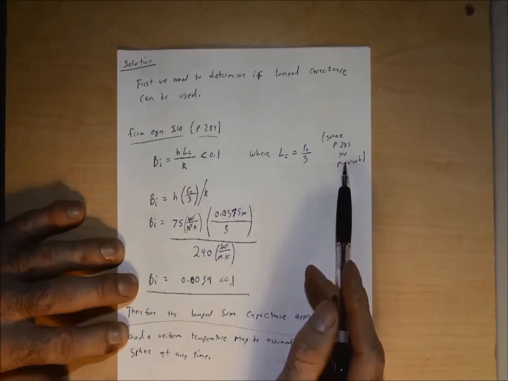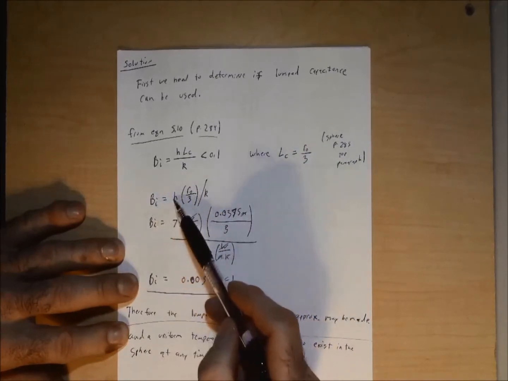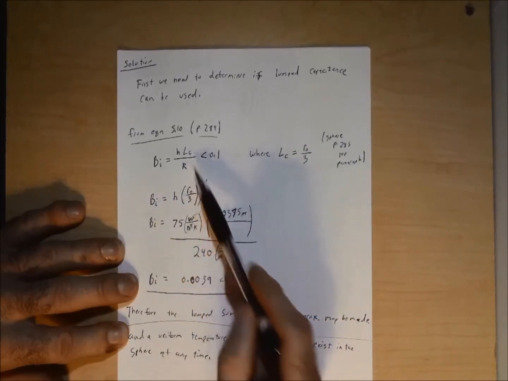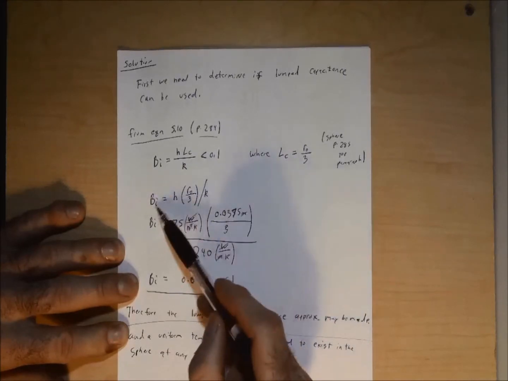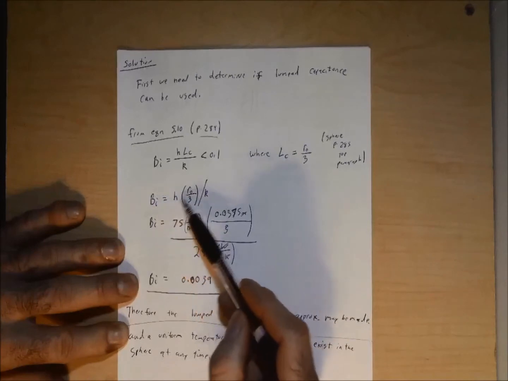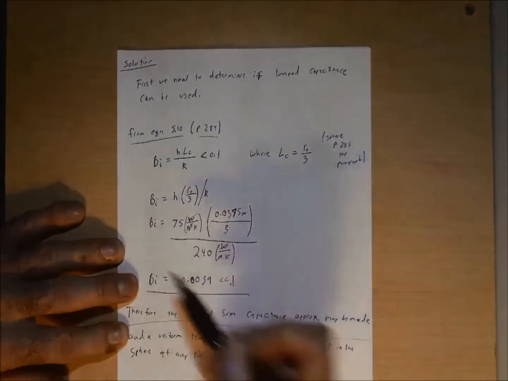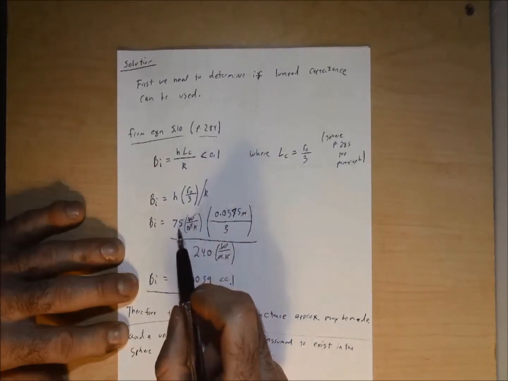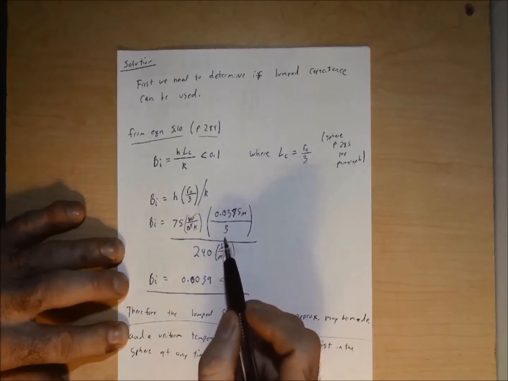Now, if we recall, we can rearrange this over here now, put this in, pull the h out front, replace Lc with the r naught over 3 from this relationship here for a sphere, and get this equation here, the Bi is equal to h times r naught over 3, all divided by k. Plug in our known values here, so we had an h value of 75. Again, I do units here so I can do my unit analysis and make sure we get the correct units